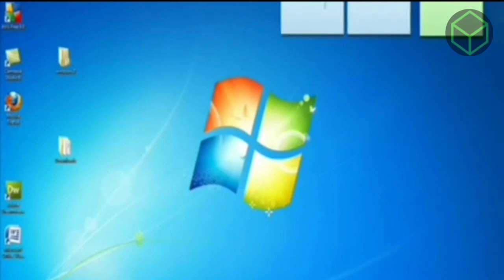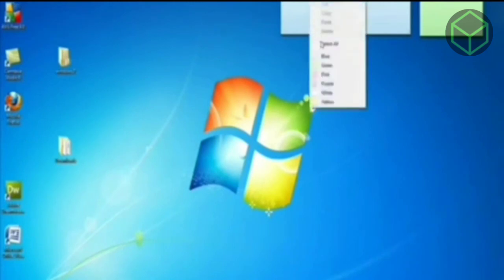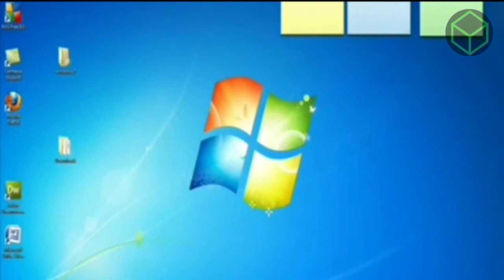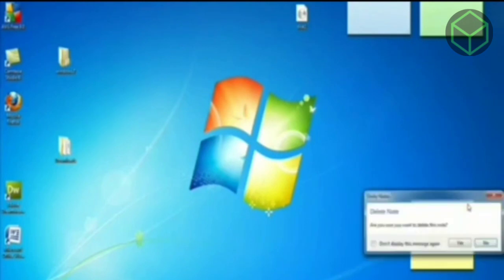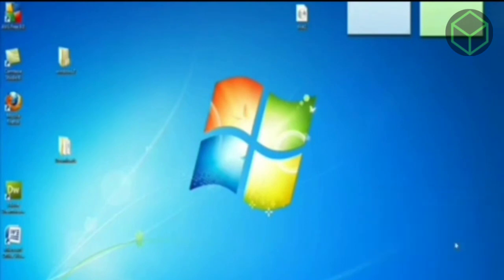After turning it on, you will get different types, different sizes and different colors of sticky notes on your desktop. You can change the size of your sticky note or you can change the color as well, and you can drag it anywhere on the window. If you don't want it, you can delete it also, or you can remove it from the desktop screen.